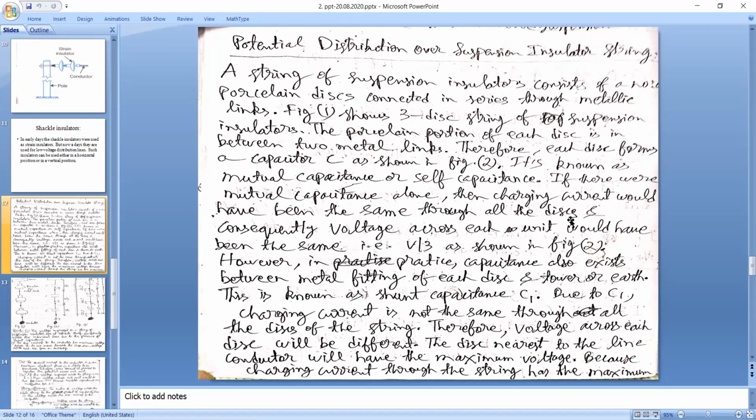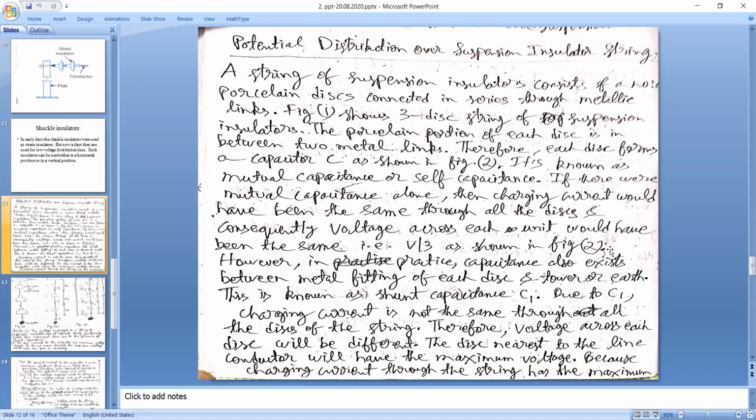have been the same through all the disks, and consequently voltage across each unit would have been the same, that is V by 3 as shown in figure 2. Figure 2 में कोई shunt capacitance नहीं था, only mutual capacitance था, and all the mutual capacitances के through same current जा रहा था, charging current, because small amount of charging current will always flow through the capacitances, that will